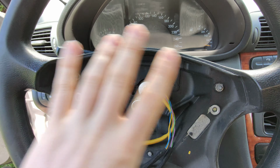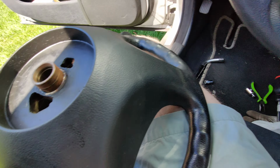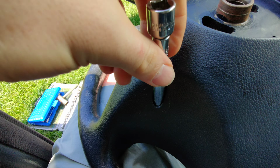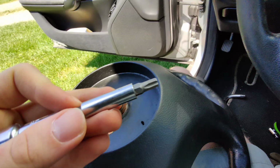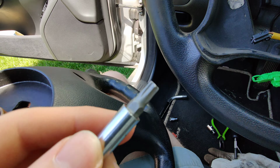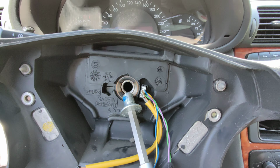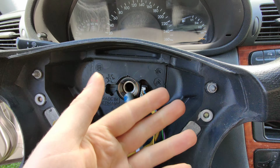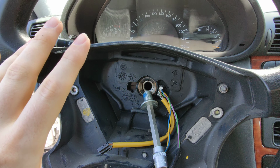So to take out the whole airbag assembly, you have these two screws that are located here and here. What's quite useful knowledge is that you can use a screwdriver extension, because it will fit in to unscrew these screws. This is a Torx number 30, T30, and they are quite tight. Once you unscrew them, what's also important, they will stay in place, they won't come out from the other side. Once you undo them, this thing will pop off